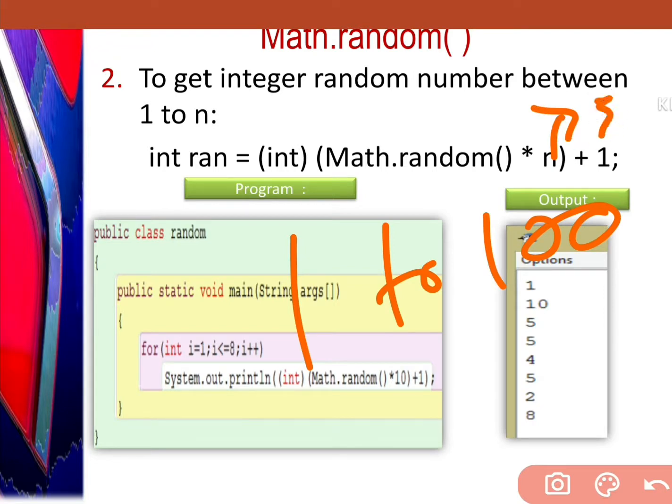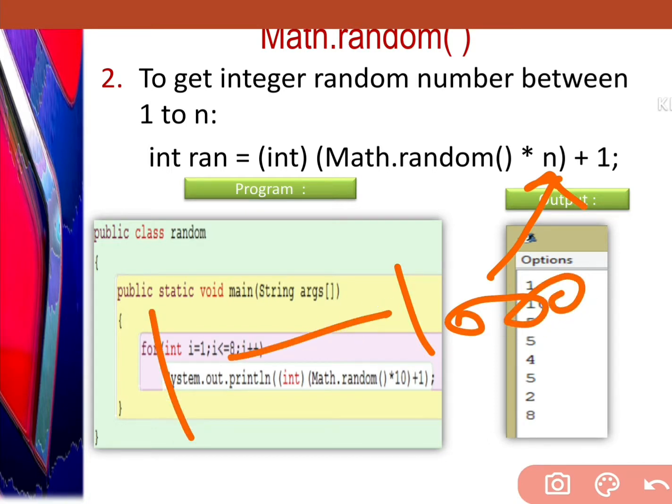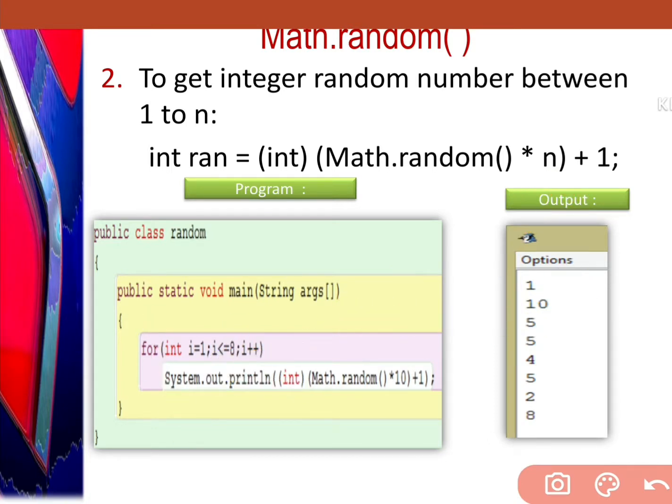If you fill in 55, then you get values from 1 to 55. If you fill in 1000, then you get values between 1 to 1000. In this way you can have any random range. You can insert any random range in your programs if you want to.